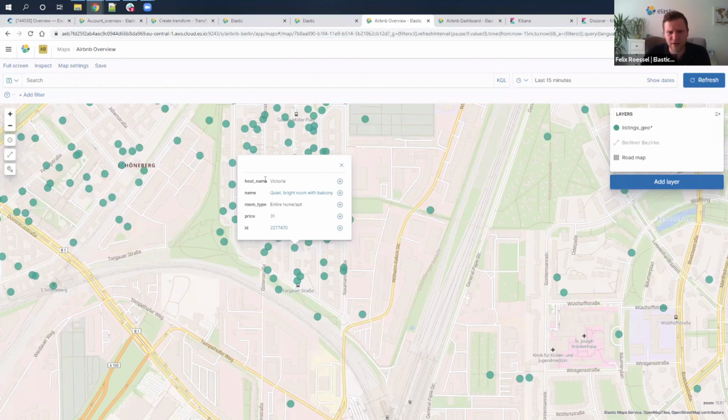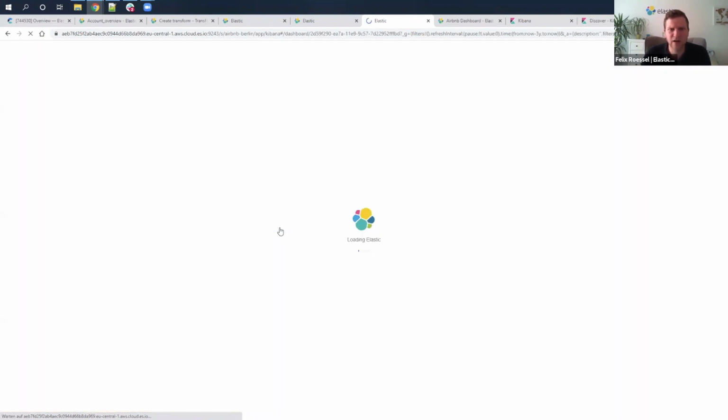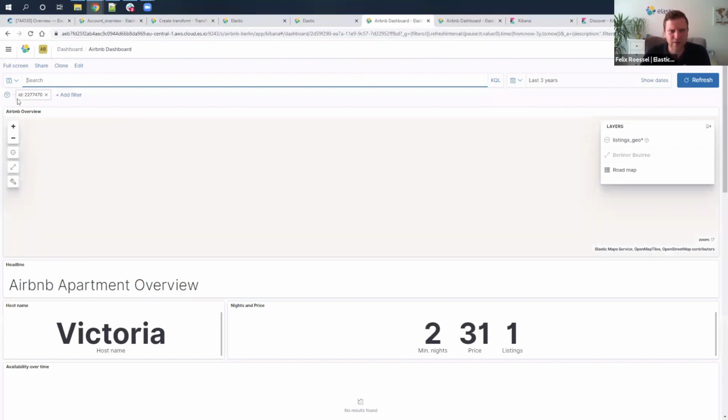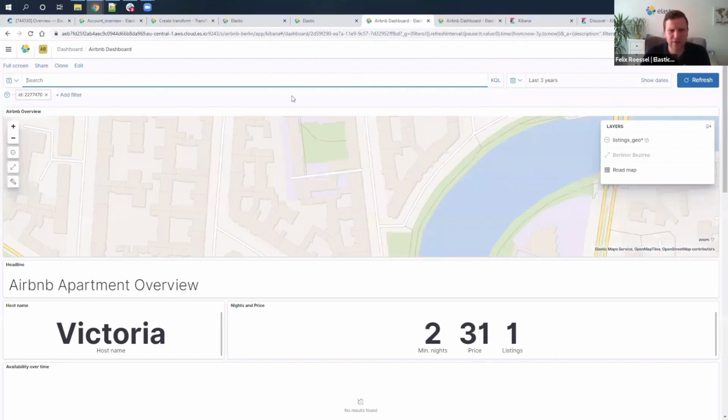And we see, okay, this is host Victoria. We can see the room type, the price. You could also add the pictures here. And of course, we can also now drill down into the data. So this is the first time that we use a drill down. I added a link to a dashboard behind this ID, and now I can switch to a dashboard to have a more detailed view on this specific ID here. So the dashboard is pre-filtered, and I get everything I need from the specific